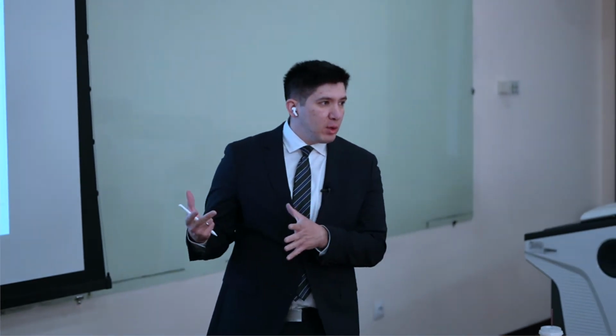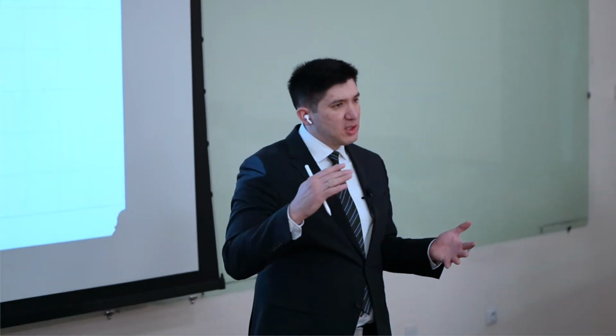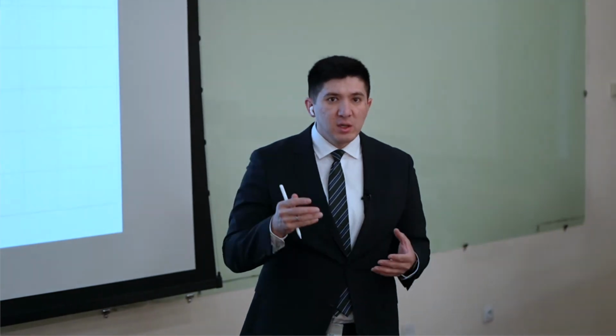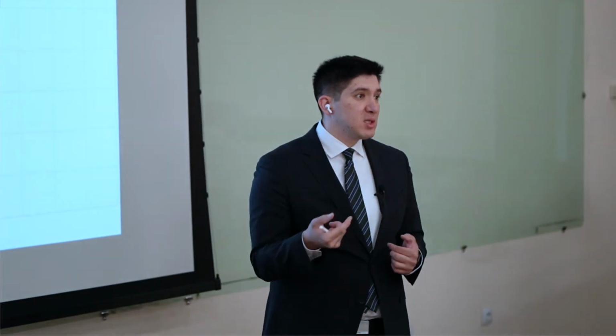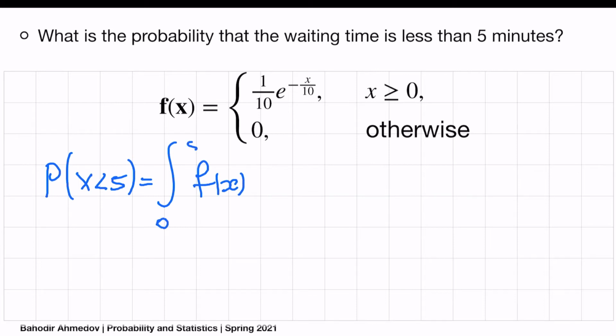So again, now you are given the density function, you can evaluate any probabilities, right? So you can imagine that the density function is some curve. In this case, it's going to be the exponential function, okay? And if you need to find the probability, you just need to integrate this. So the probability that a client is going to wait for less than 5 minutes is going to be the integration of the density function from 0 to 5. So actually, you have to integrate from minus infinity to 5. But since our function is simply 0 in all of the region from minus infinity to 0, I don't need this term. I'm going to substitute from 0 to 5, 1 over 10, e to the power of minus x over 10,